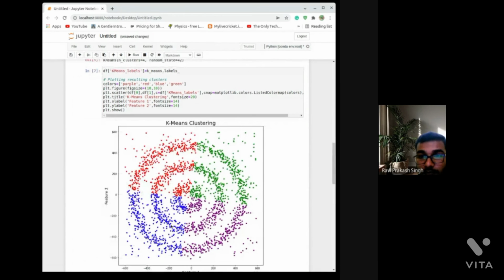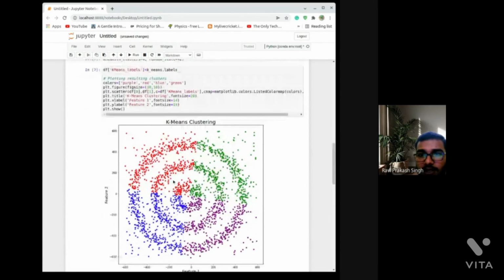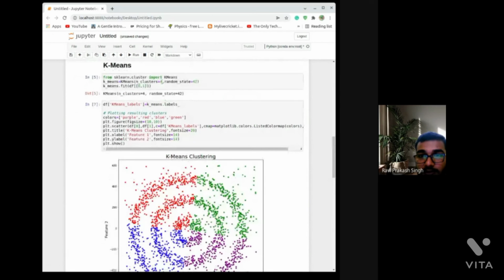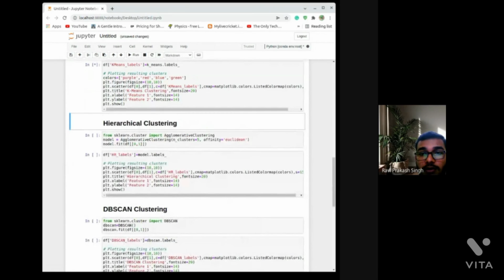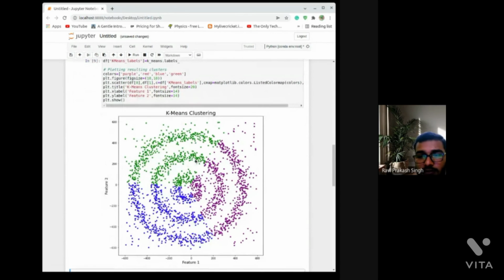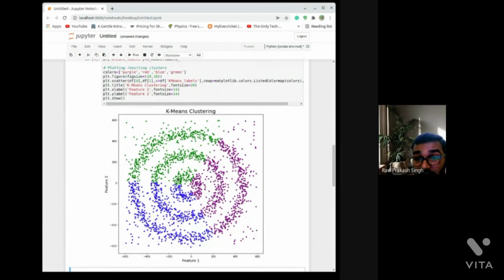So yes, we are getting here 4 different types of clusters, and this is how k-means clustering works. Now if I give it 3 clusters, it will plot like this. Actually it is not recognizing the shape here, since I'm giving 3 concentric circles. This is basically the problem of k-means which I told you about during the intro of DBSCAN. So it is just making clusters on its own,